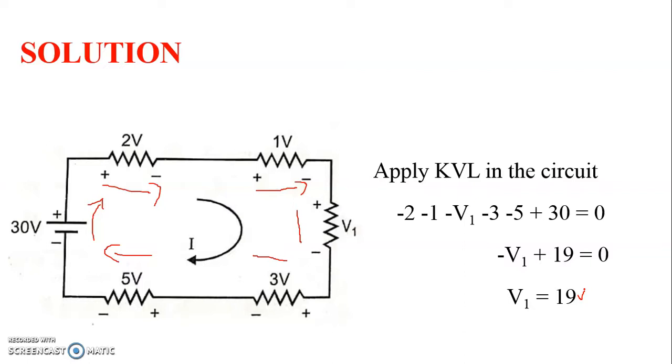So in this video, we discussed the fundamental laws of electric circuits, that is Kirchhoff voltage law, Kirchhoff current law, and Ohm's law. In a simple manner, according to Ohm's law, V is directly proportional to I. Kirchhoff current law is nothing but the sum of the currents entering a point is equal to the sum of the currents leaving the point. For KVL, the sum of the potential rises is equal to the potential drops.